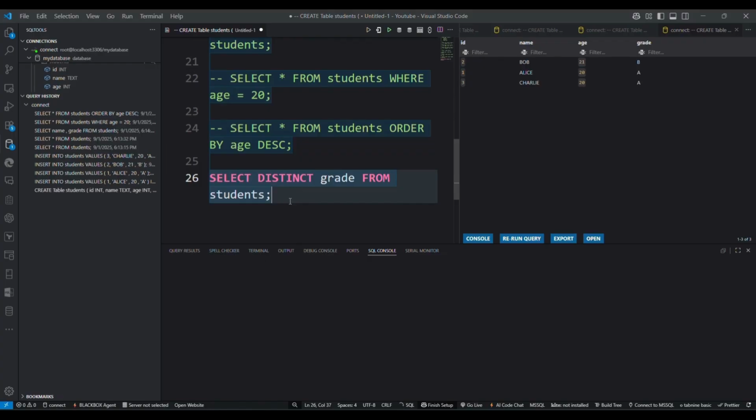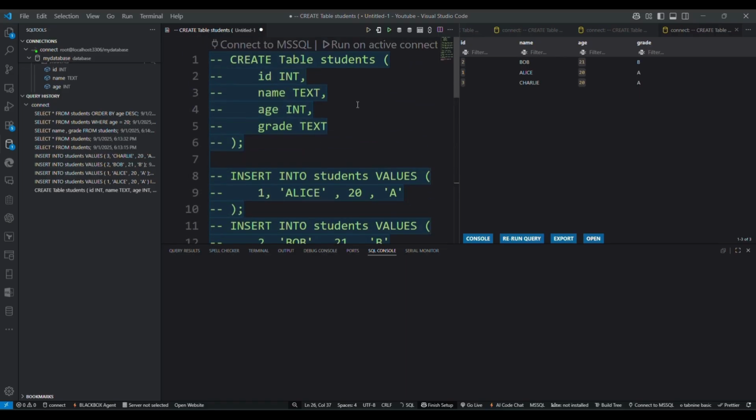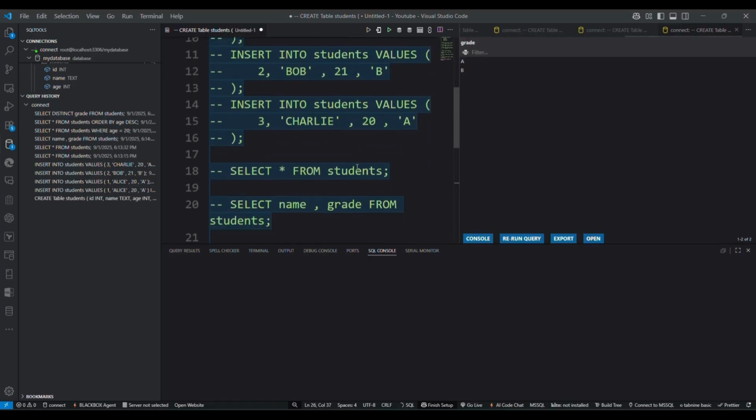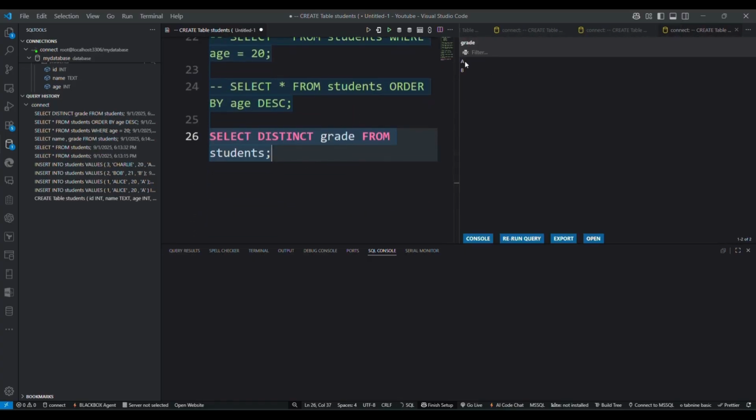This shows us all the unique grades in the table. Even though 2 students had grade A, it will only show A once. That's really useful for cleaning up data. So if we run this, we can see the grade A is shown only once and B.